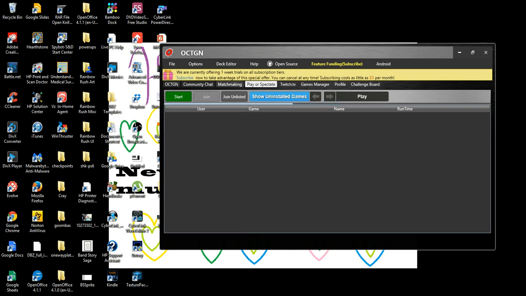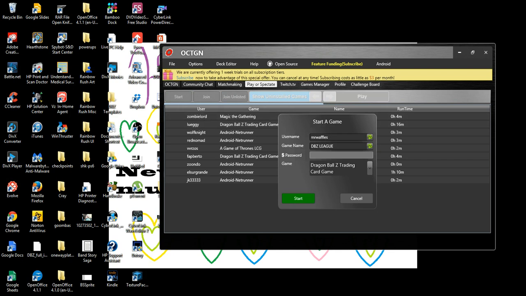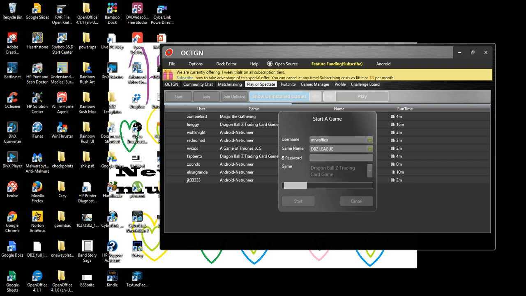So now I'm going to show you guys how to use the controls and everything like that. Okay, so what we do, just wait for this to refresh. If I want to play someone, I'll just double click and a room will come up. But we're just gonna go through the controls for now. So I'm just gonna make a game for myself. You just go to start, and